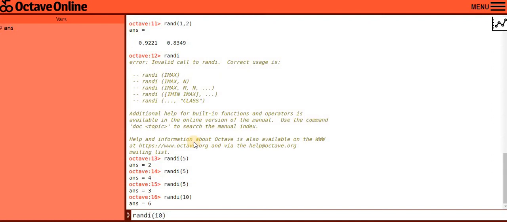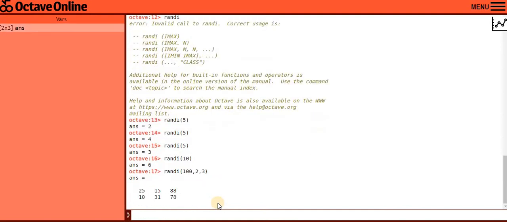Now you can do this thing. Suppose you need to create a matrix of randomly created numbers having a range of 1 to 100, and these are only integers. So that's why I am using the randi function again. What I am doing over here, I am writing 100, that is the maximum number. Then I'll be putting the array size, that is, let's say 2 cross 3, that is m into n.